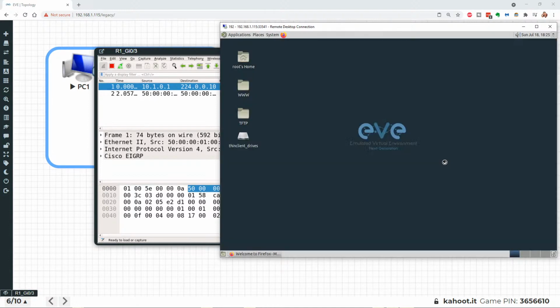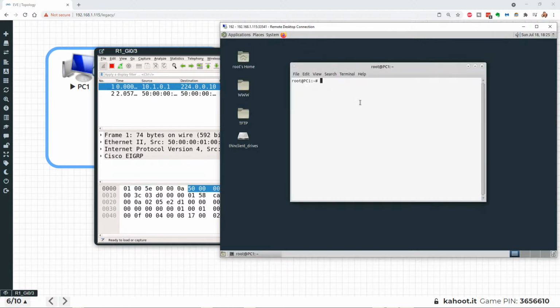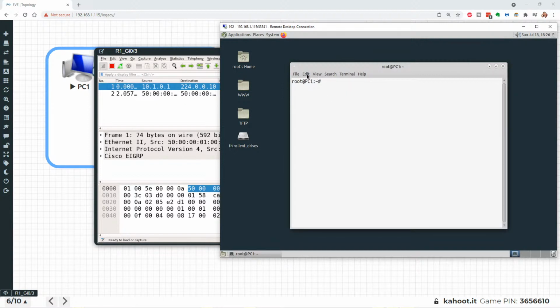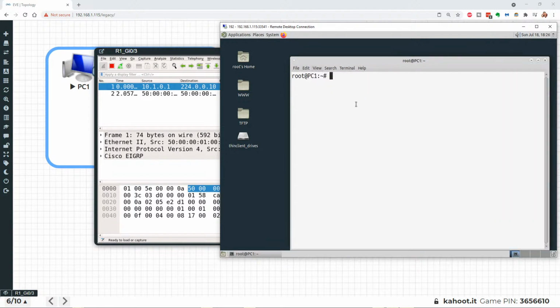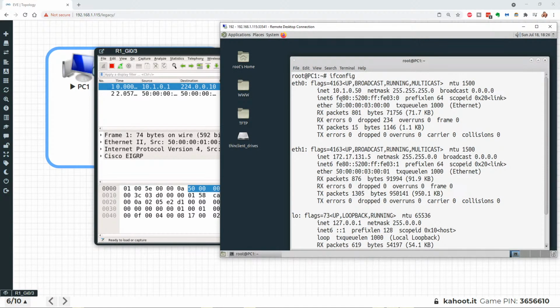Yes, close tabs. All right, let's go to a command prompt real quick. So applications and system tools. There we go. That'll work. Let me go to view and zoom in a little bit. All right, so let's do an ifconfig. So this is on a Linux box. It's at 10.10.10.50. That's the IP address of this device. And the router behind it is at